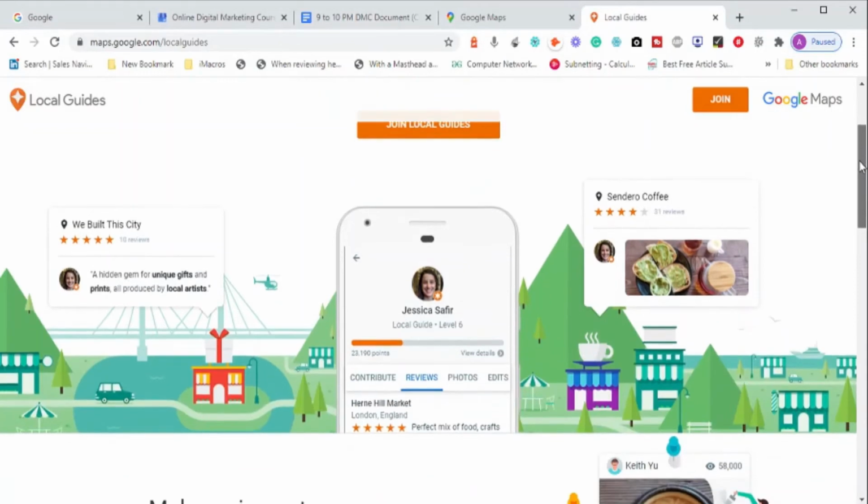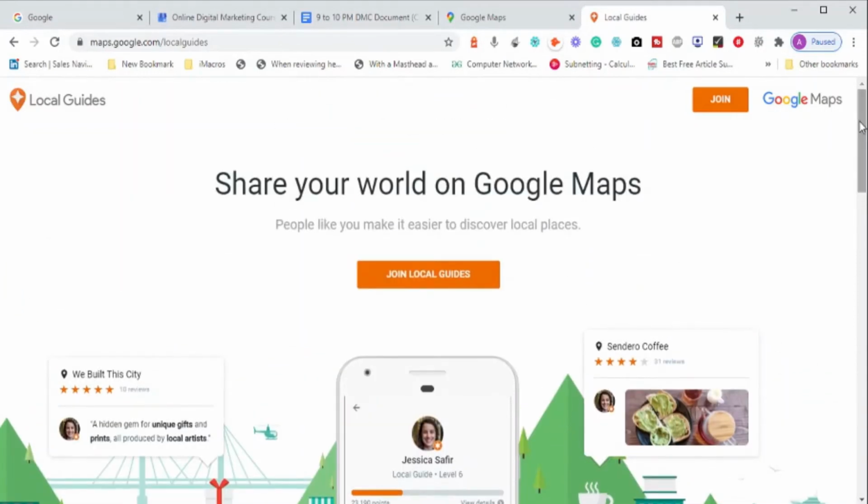You will also get reward points, and at times you will get beautiful offers. So there are several benefits that can happen to you. There is a program called the Google Local Guide program. It is very easy, and it is free also. Go and click on the join button.